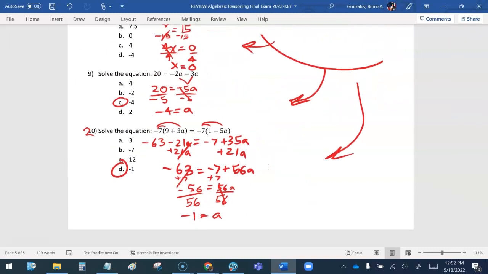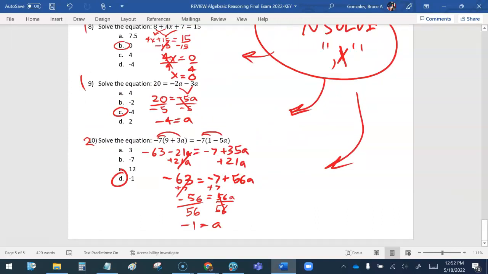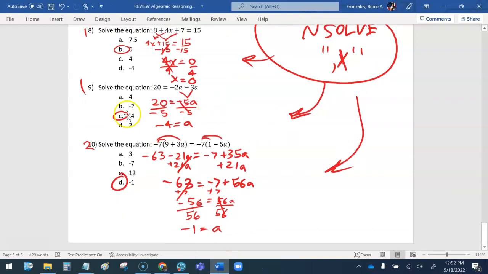And that is our review. Your test is very similar to that review, so make sure you complete your review, study it, and bring it